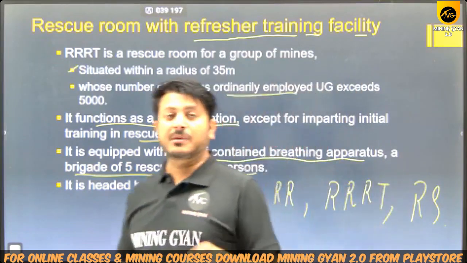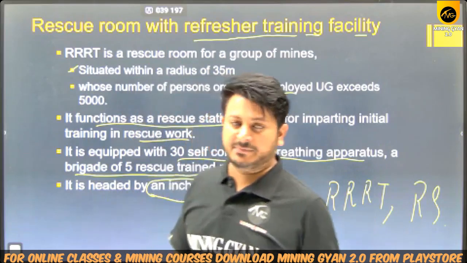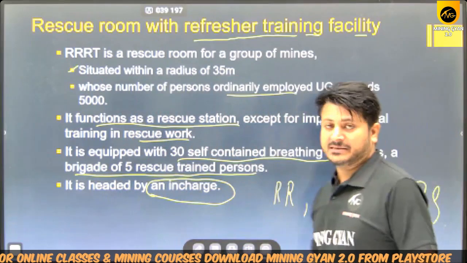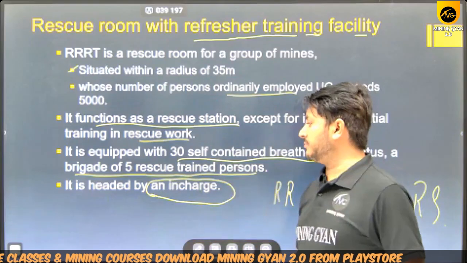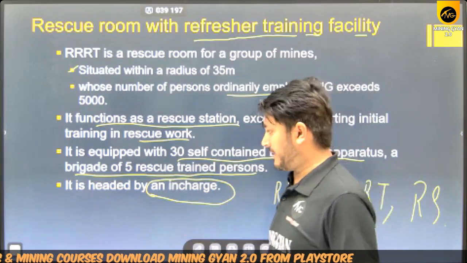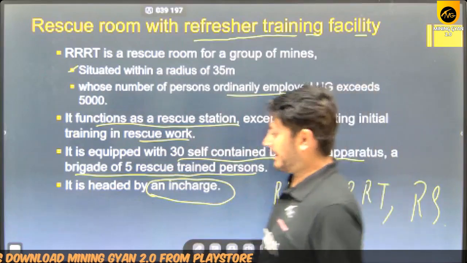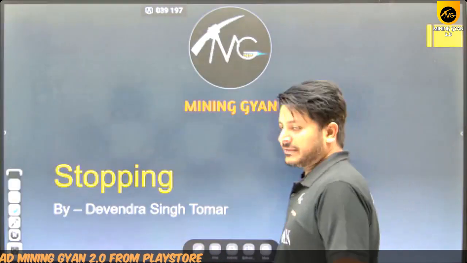दूसरा, इसमें क्या था, रेस्क्यू रूम में 15 सेल्फ कंटेन्ड ब्रीदिंग अपरेटस थे, यहाँ पर कितने हैं, 30 सेल्फ कंटेन्ड ब्रीदिंग अपरेटस हैं। इसी के साथ ही 5 रेस्क्यू ट्रेन्ड पर्सन का एक ब्रिगेड भी बना के रखा जाता है, जिसको एक इंचार्ज हेड करता है। ठीक है, अब आते हैं स्टॉपिंग्स पे।